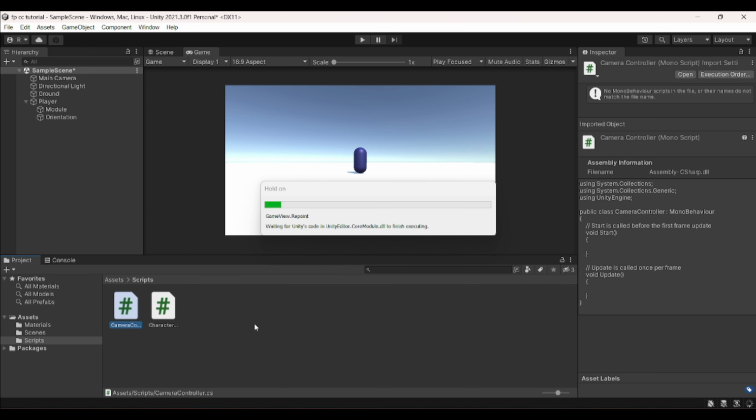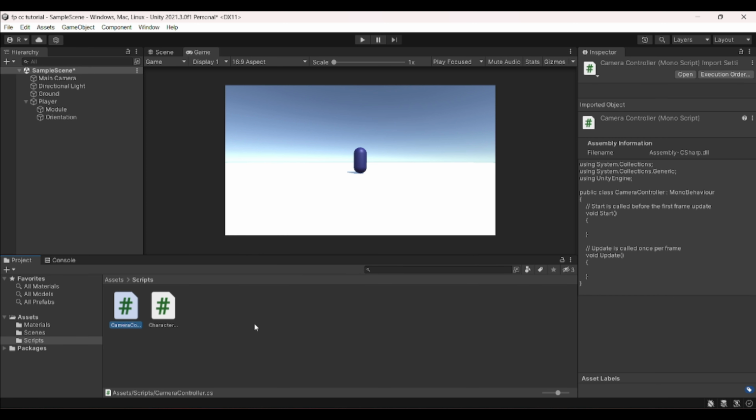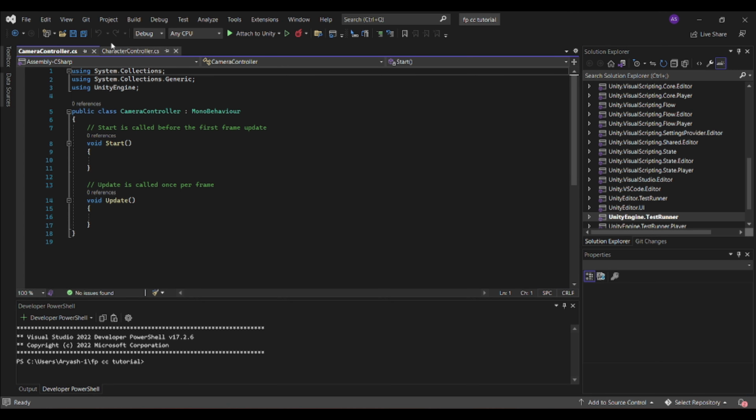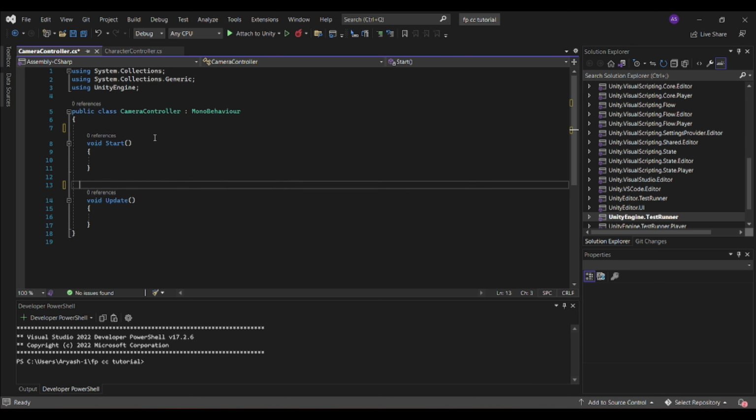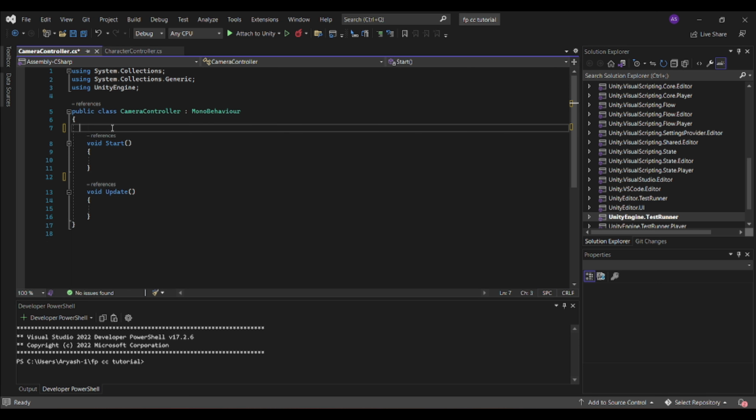Okay, now Visual Studio's loading, and it should open in some time. And it's open. Okay, delete these comments, they're useless. And now we have space to start writing our variables.